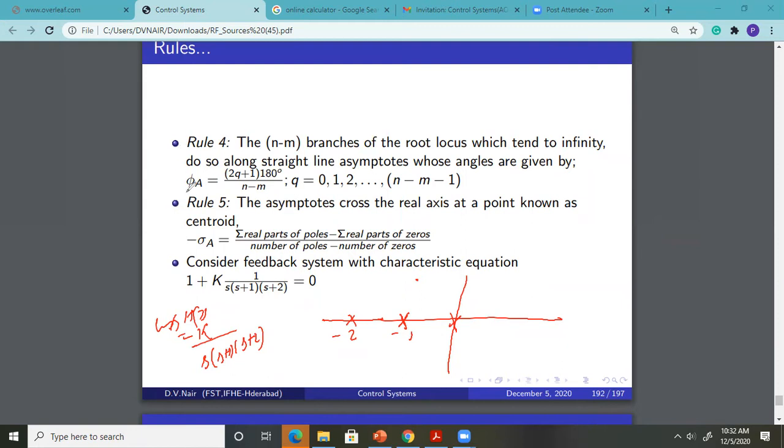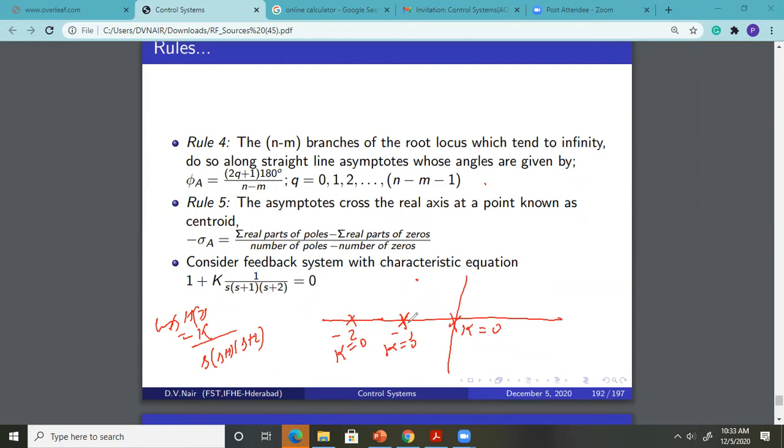Okay, good. See here, for that, we know that there will be three root locus branches, each originating at an open loop pole when K is equal to what? 0. Yes, sir. Now, Shri, we should identify which part of the real axis will be on the root locus. Which region of the real axis will be part of the root locus? For that, points between 0 and minus 1, all of them will be on the root locus.